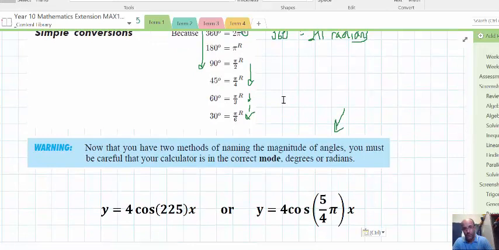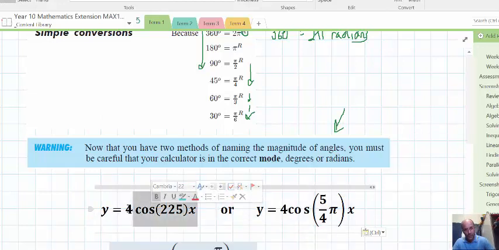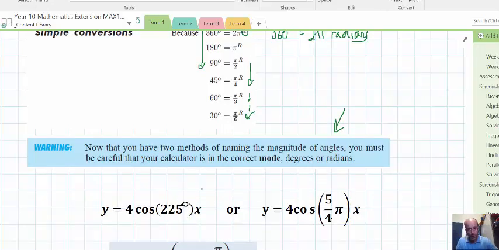So here we see two equations that are basically equivalent. They're just examples, and 4 cos 225 degrees should actually have a degree symbol. It's gone away. Let me put it back. There we go. So 4 cos 225 degrees,